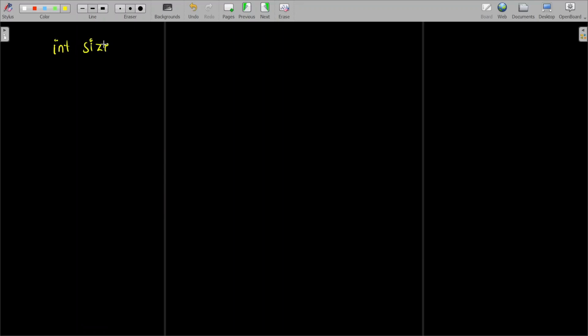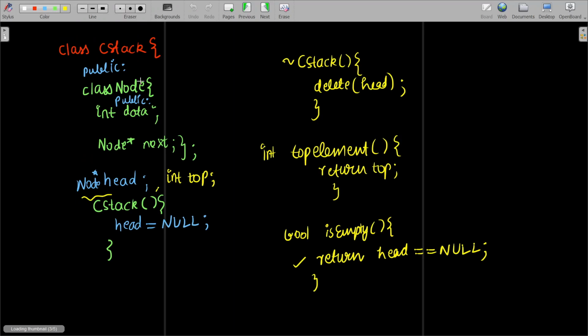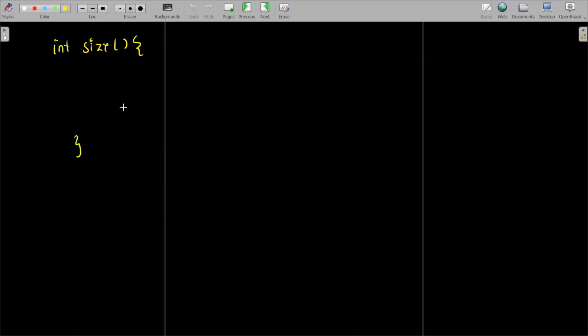Size, we just need to initialize size. I'm not passing head here because we already have the head data in our class. So I don't need to pass head everywhere, because head is already a part of our class. So inside size, same thing: Node* temp = head, and then while